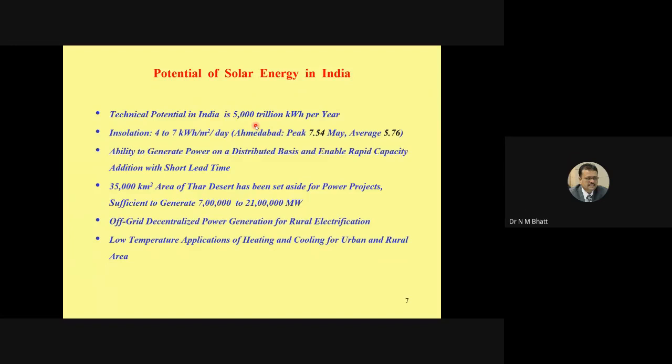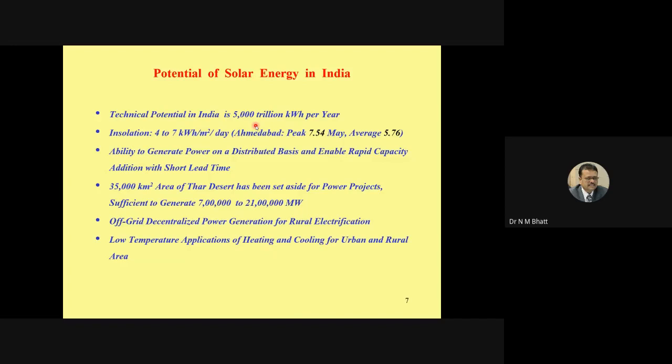Yesterday someone also asked me the question, what should be our target. I told you that our target should be 100%, but right now we are at 17%, so slowly it should increase to 30, 40 and 50, and eventually a day should come, probably in our life itself, that we have the majority of the power extracted from solar energy.